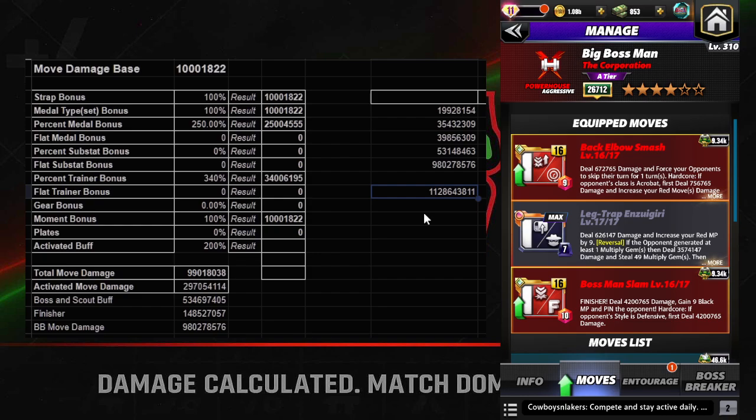Now, if they change the way the back elbow works, or if I'm wrong about the way the back elbow smash works, and you do not proc the 100% red move damage in the middle of the move, which is entirely possible, then this number gets a little bit less. I still think, just by eyeballing it, we are close to 1 billion damage. That means 2 big boss mans running this should be able to T1 the boss with a little bit of